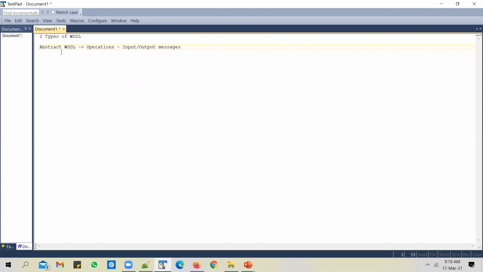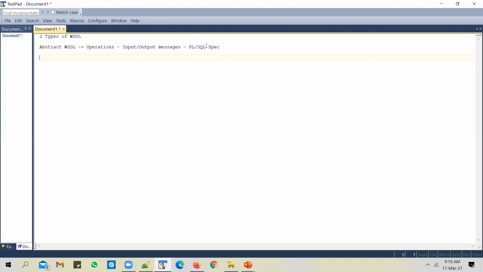So it could be an abstract WSDL, meaning it's not an implemented web service. You just have the operation names, and for each operation there would be input and output messages attached. Think of this, for example, if you want to compare it with a PLSQL package, as a PLSQL package specification, wherein you just mention what procedures you intend to have in the package.